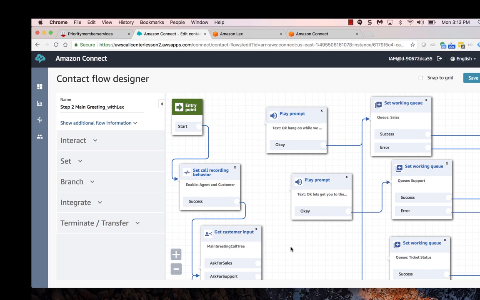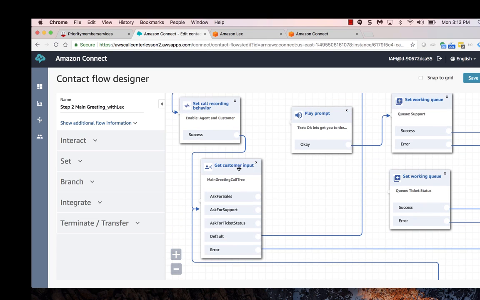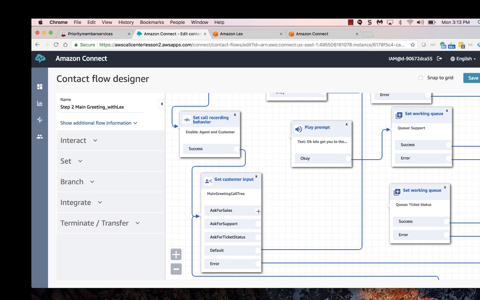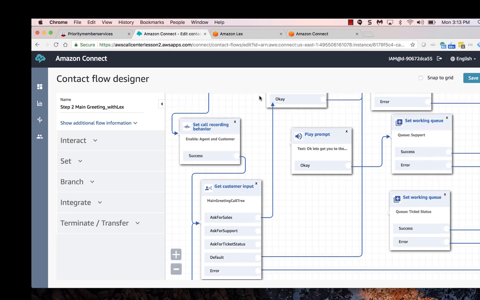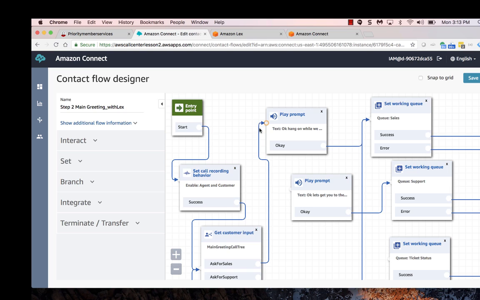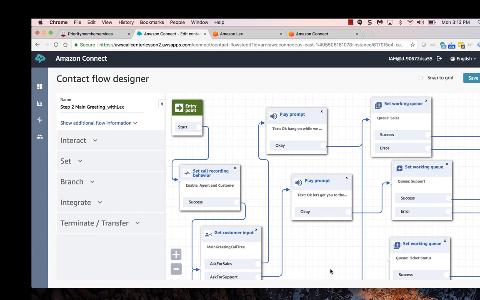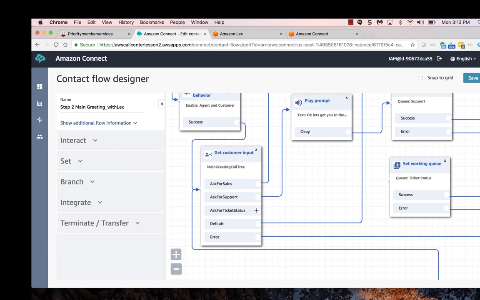And at this point, if you look at your collect customer input, you'll see that the digits have now been replaced with the intents as described in your bot. So what we're going to do here now is go ahead and get these wired up the way they were before. So we're going to come off here. And we're going to take support and put it here. And we're going to ticket status and